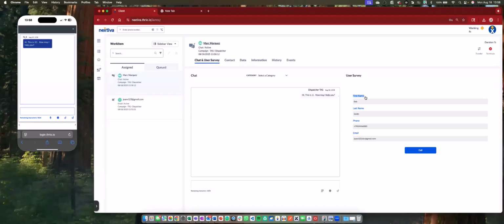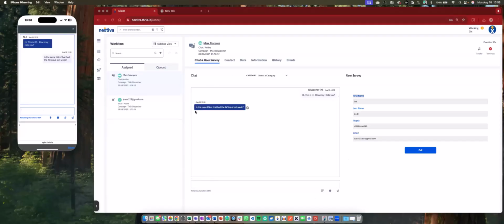We will all see the information. It's for Bob Smith with all the details, and Bob Smith can ask questions like, is this the same Mark that had the AC issue last week? Right? And the dispatcher is able to service Bob and walk him through that information, give him information, send attachments, receive attachments, or all of the above.